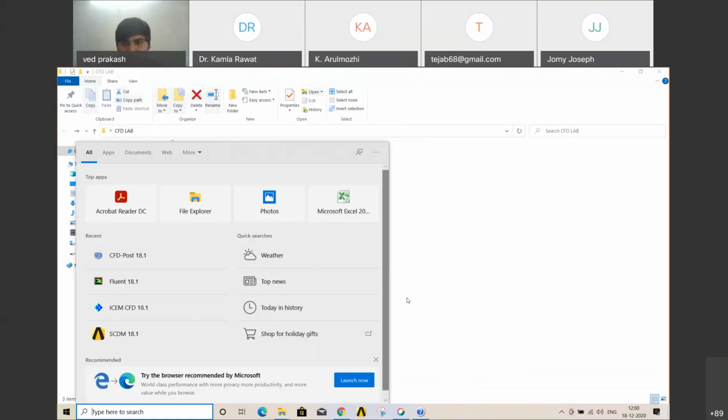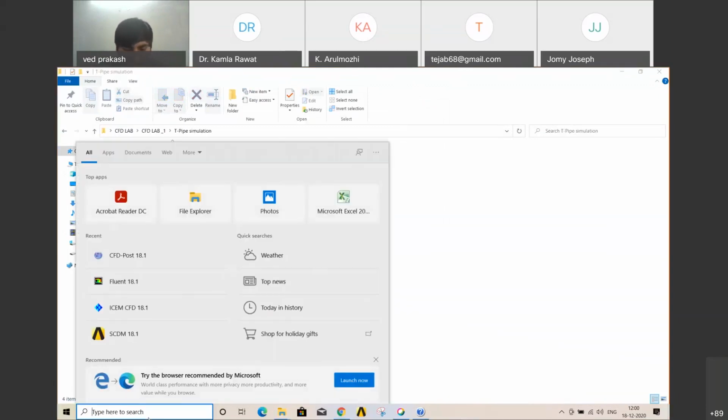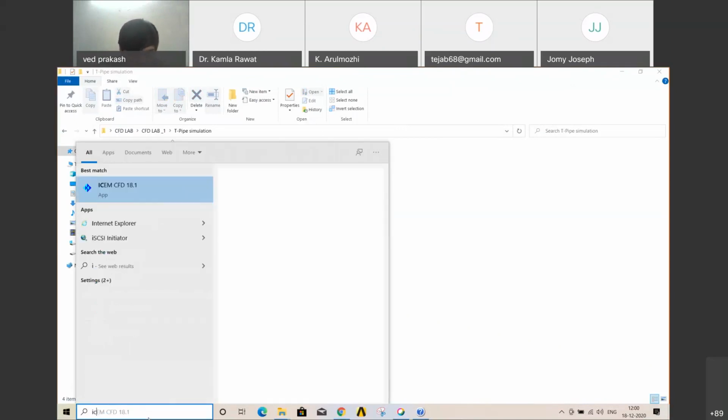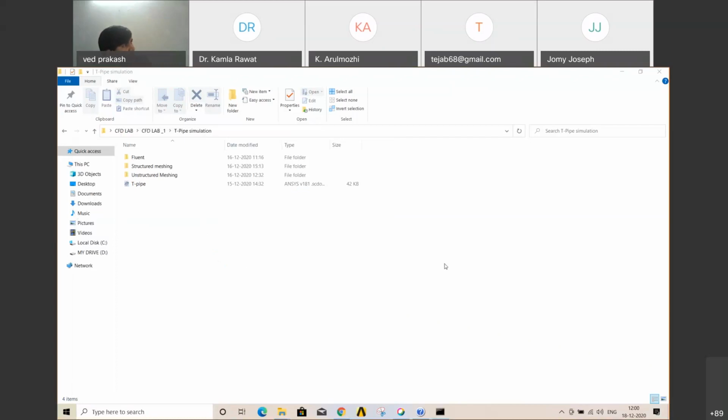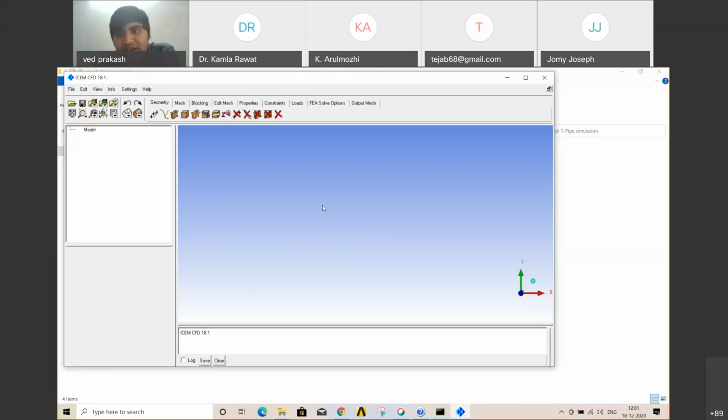I think I have my T pipe. So I will just explain how to do unstructured meshing in ICEM CFD. That is very easy, and many people might be facing problems with structured meshing because it is a little bit complex. These dimensions are not micro dimensions, but you can create your micro dimensions as I have discussed.